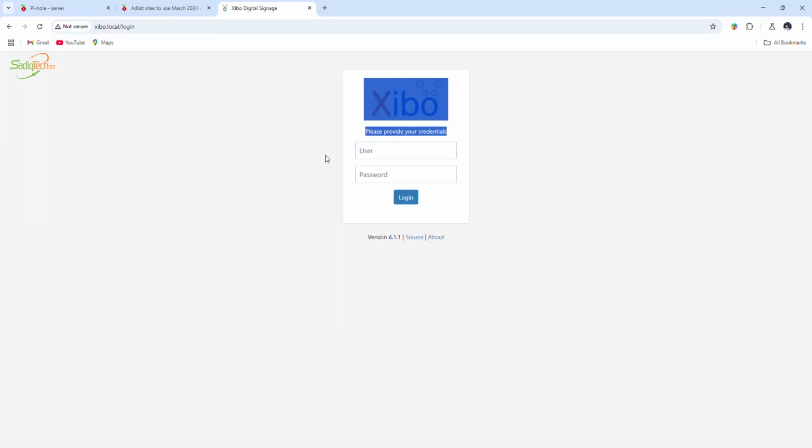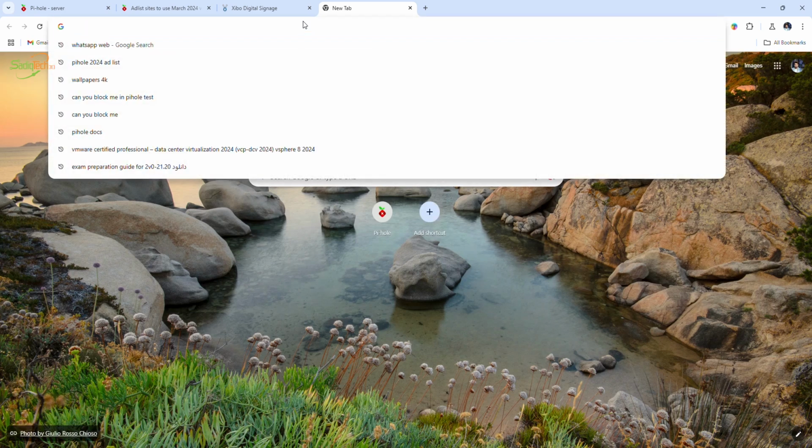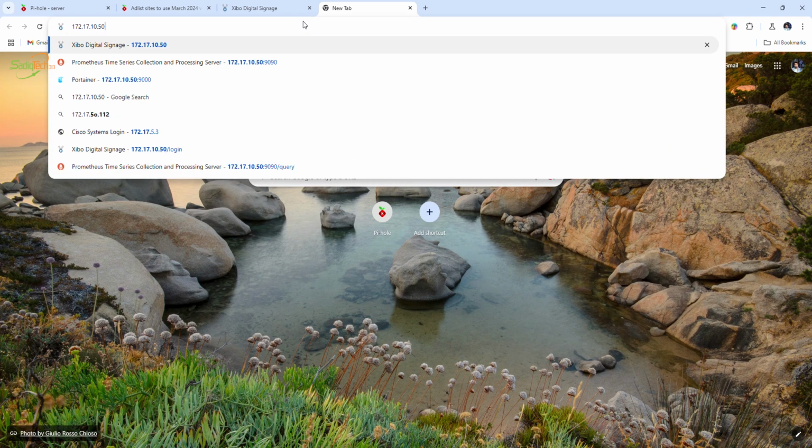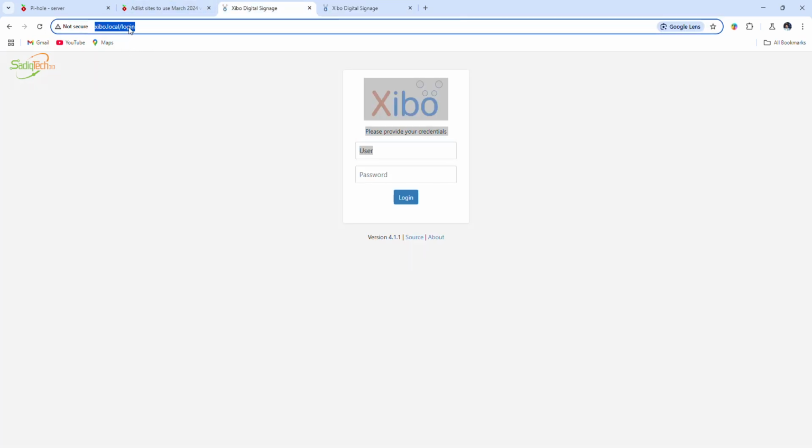After this, you are able to access Zebo via zebo.local. Now this is accessible for us. We are using Pi-hole as a DNS server. Also, you are able to access it via its IP address. This is also accessible, and this